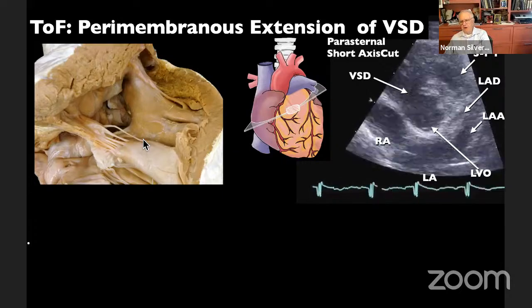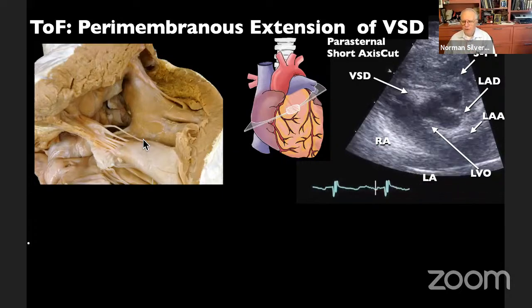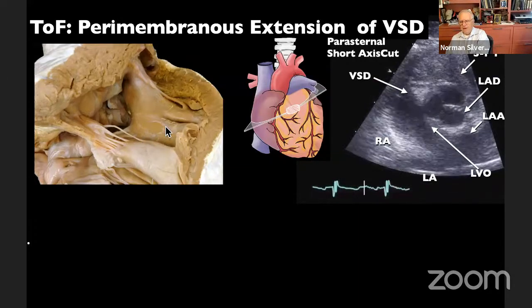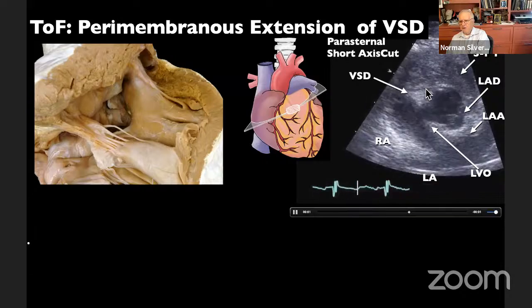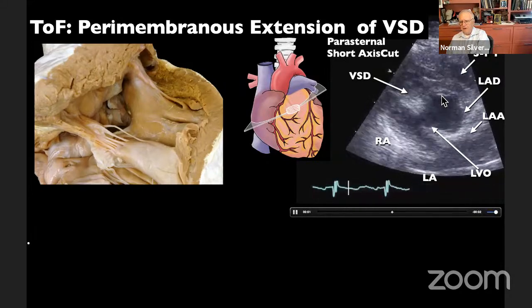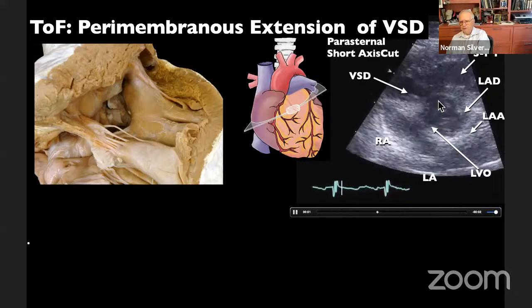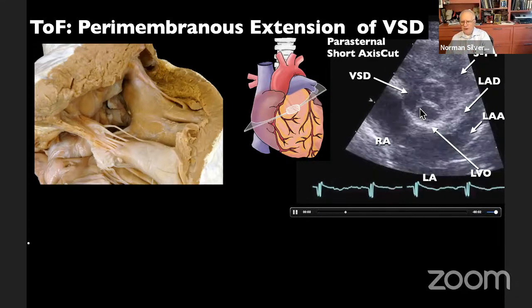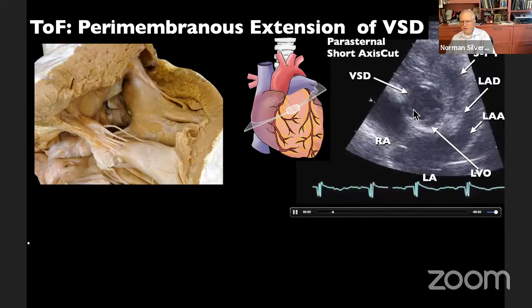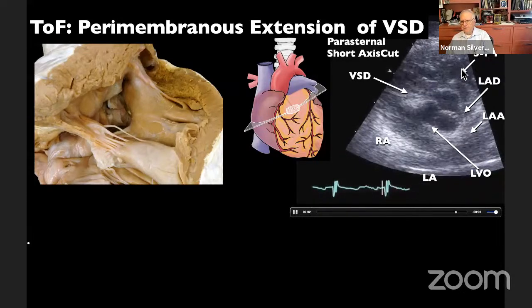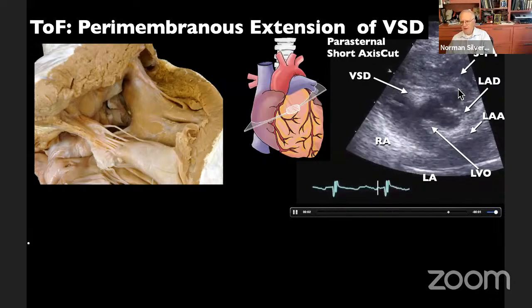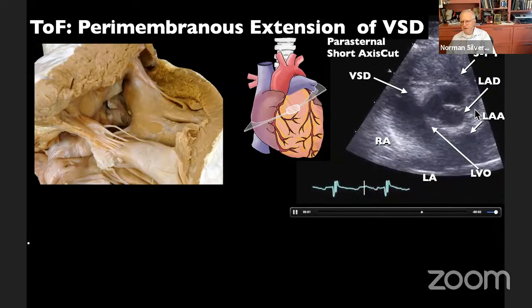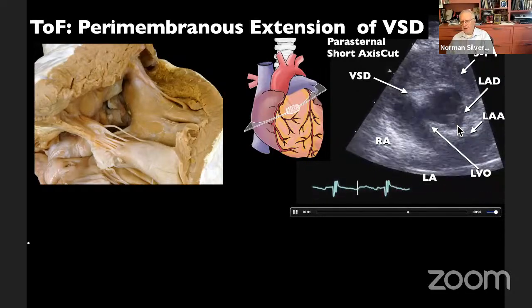And I think as an echocardiographer, that's one of the important things that you can tell the surgeon before he goes in. And here is an echocardiogram. We see the right coronary cusp, the left coronary cusp, and the non-coronary cusp. And the aorta is in fact dextro-rotated around from all of these issues. Here's the septoparietal band with the infundibulum. This is the left anterior descending that we see down the back here.